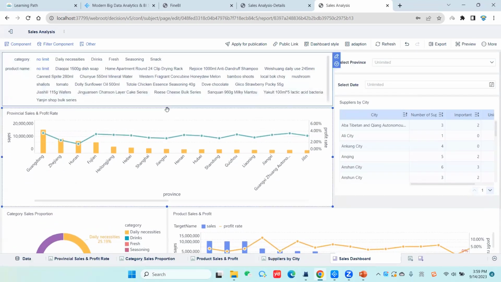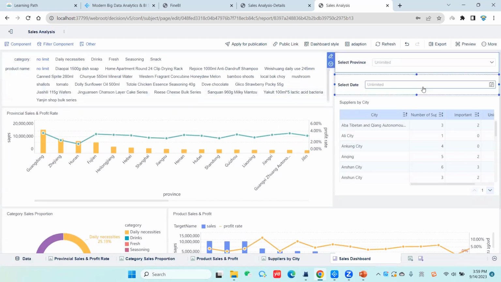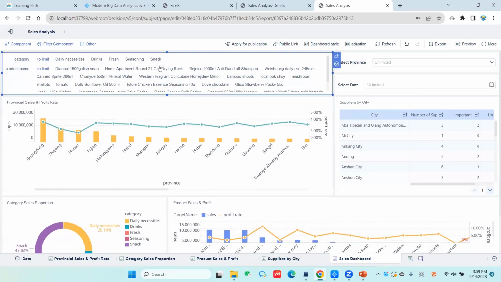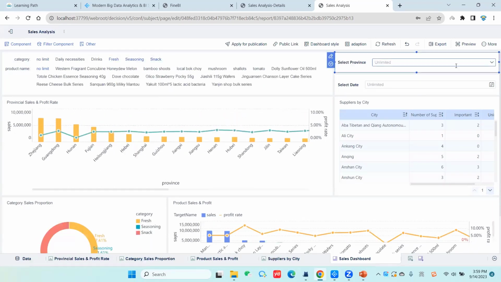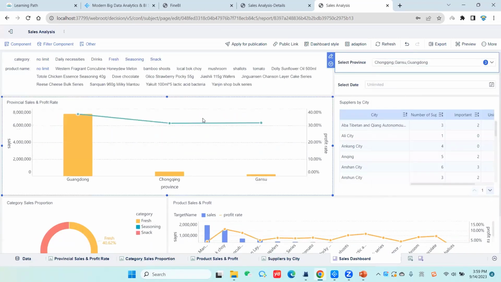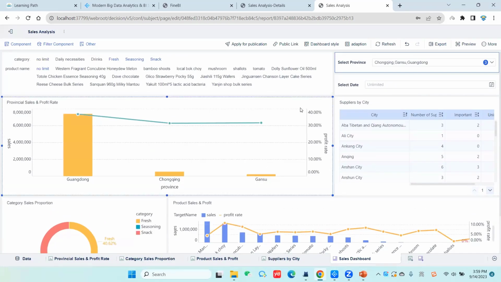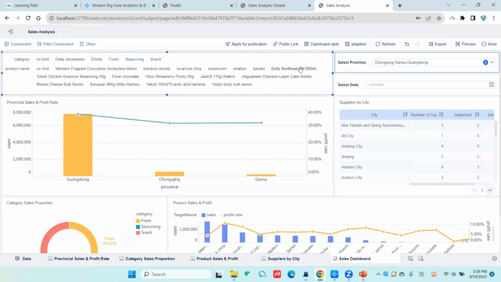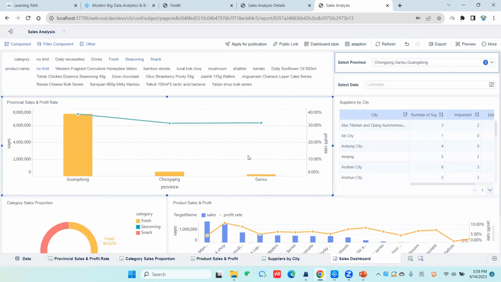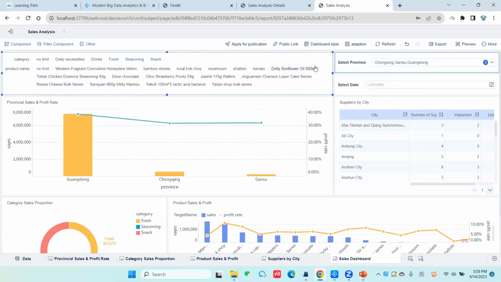And now if you observe carefully, you will figure out when I'm picking some options, the query action will be triggered automatically. And this can be fine because we have a moderate data volume. But from time to time, in a real-world scenario, the data volume can be rather large, and maybe we will have a number of filters in one dashboard. And in this scenario, if we still